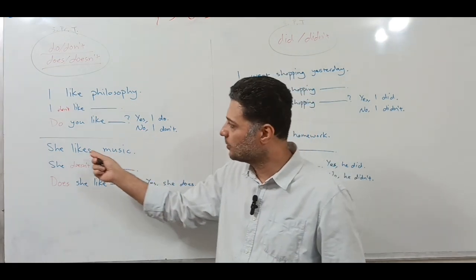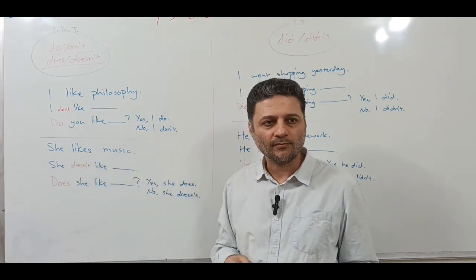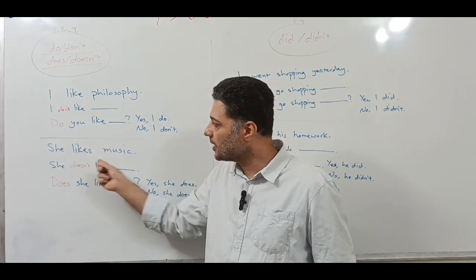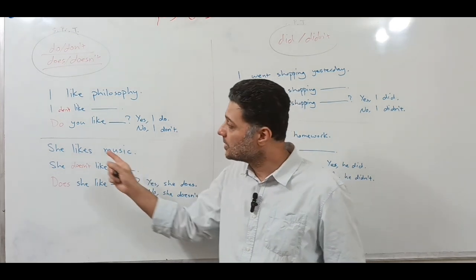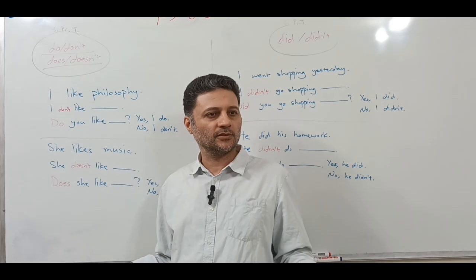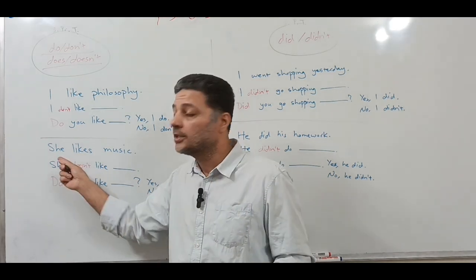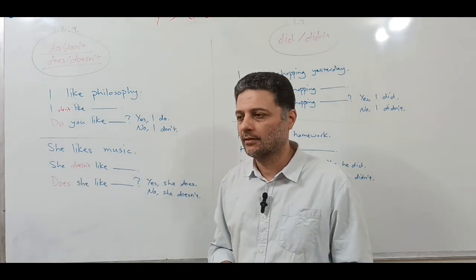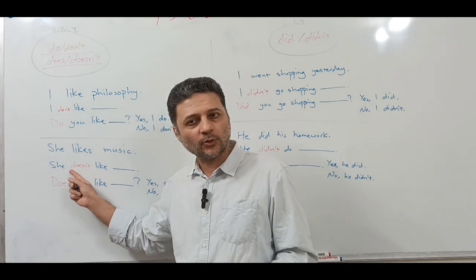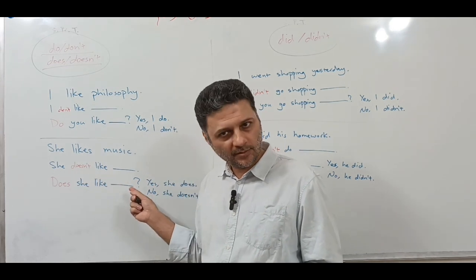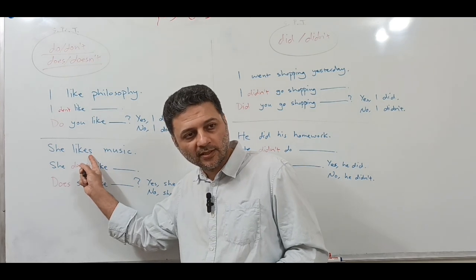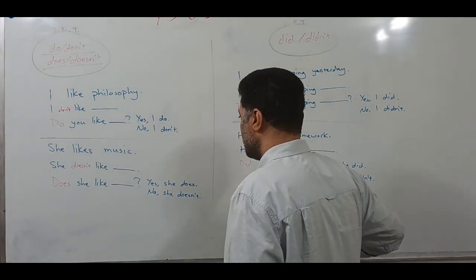Let me give you another example. She likes music. I use the same verb as like. She likes music. Now, because of she, not I, the subject, I don't. Do you. But here, she, he, and it. In English, we have to use does or doesn't. So she doesn't like music, for example. She likes music. But here we say